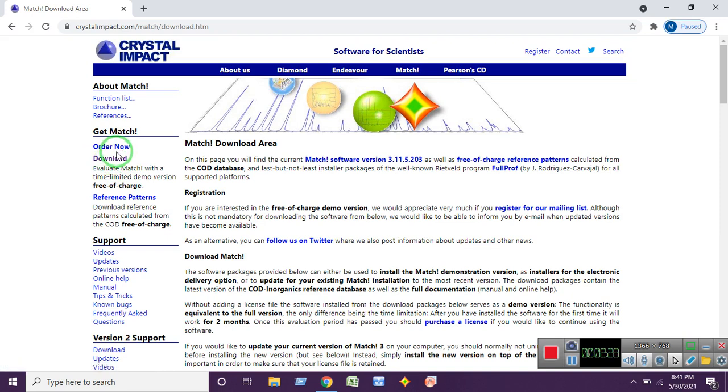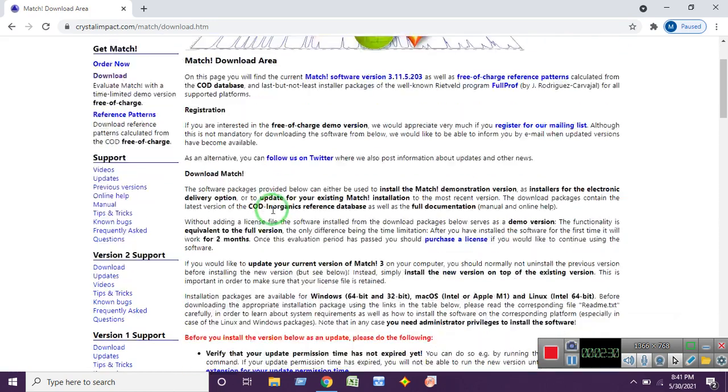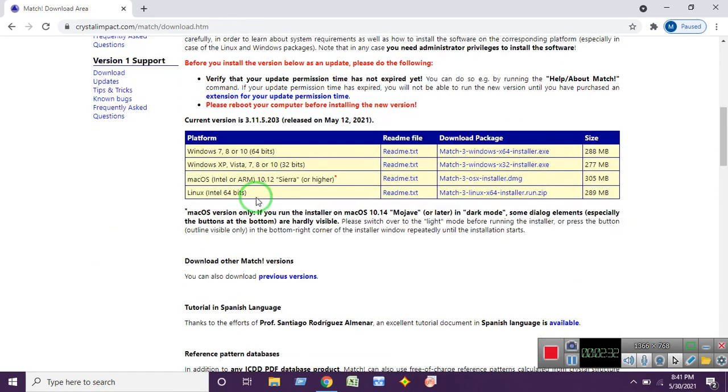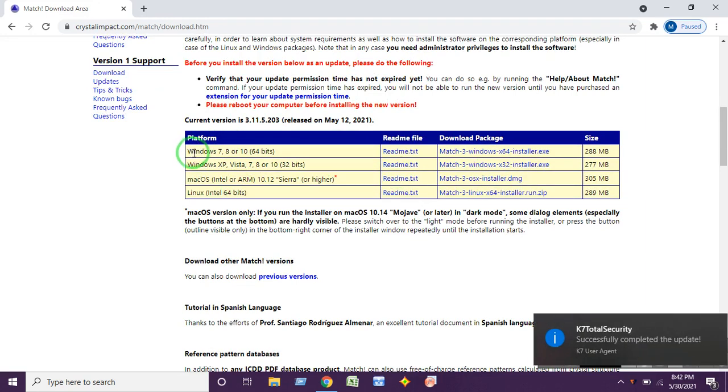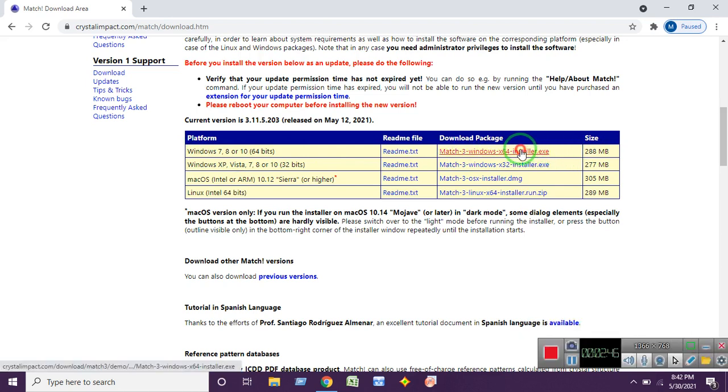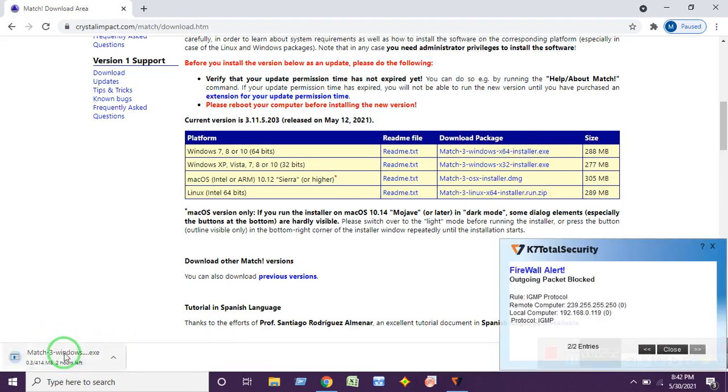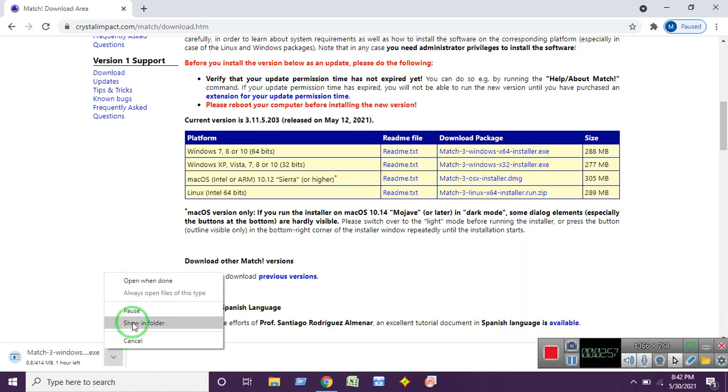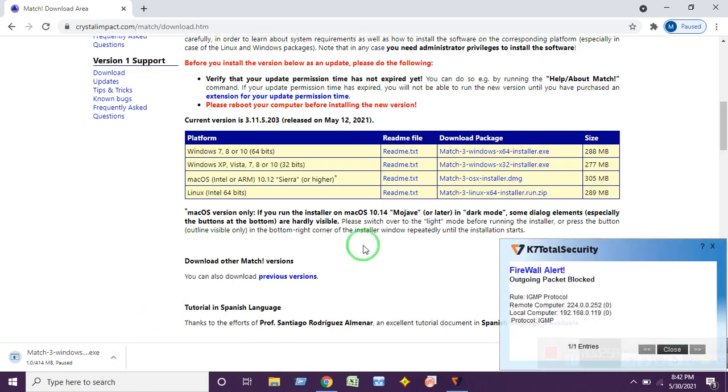After downloading this software, you have to download one more extra software, that is Windows 7 8. From here you can download. Here I'm going to press, and you can see the program is going to be downloaded. Already I have downloaded and installed, so I am not going to do this one.